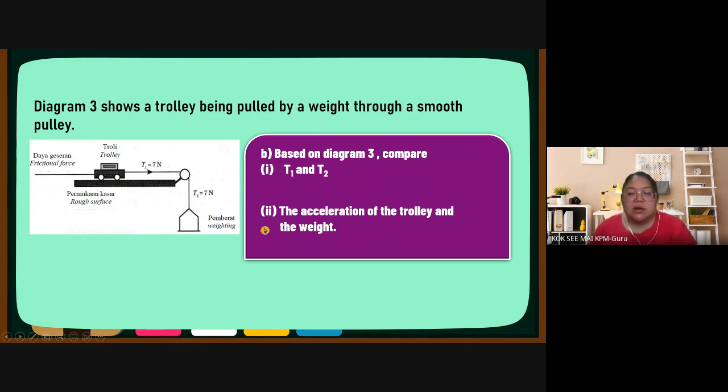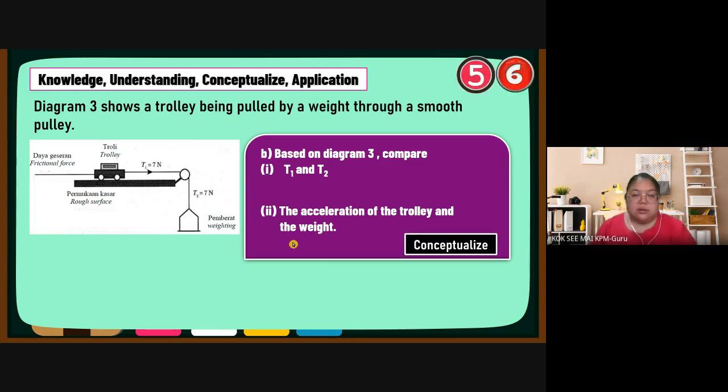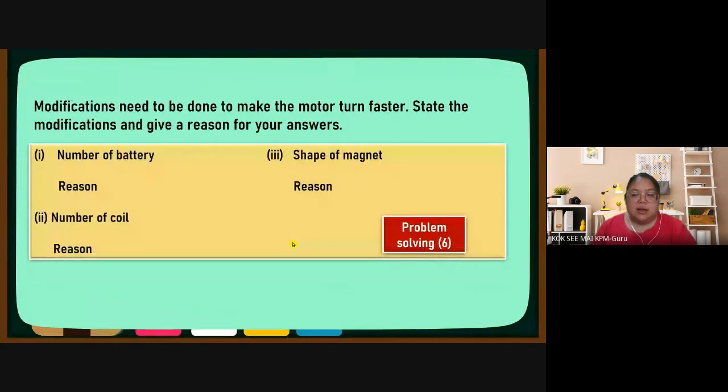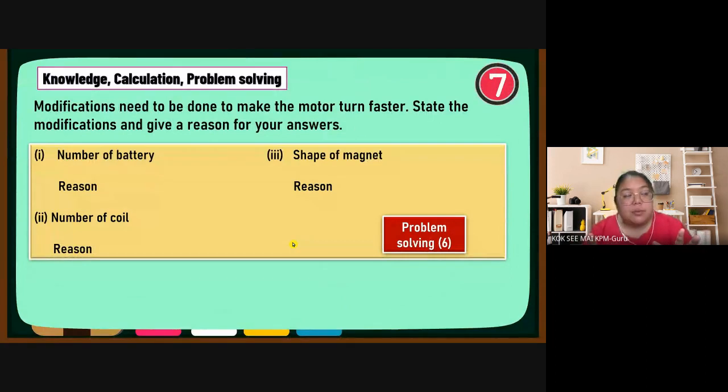You just answer from the question，抄题目。Acceleration of the trolley bigger than the weight，或者是 acceleration of the trolley smaller than the weight。所以我们只是 smaller than or bigger than 这样子罢了。So this one we call comparison question. OK，明白 comparison 啊？